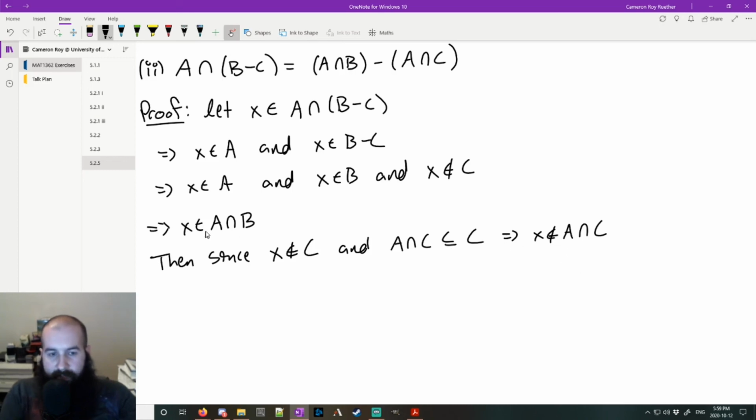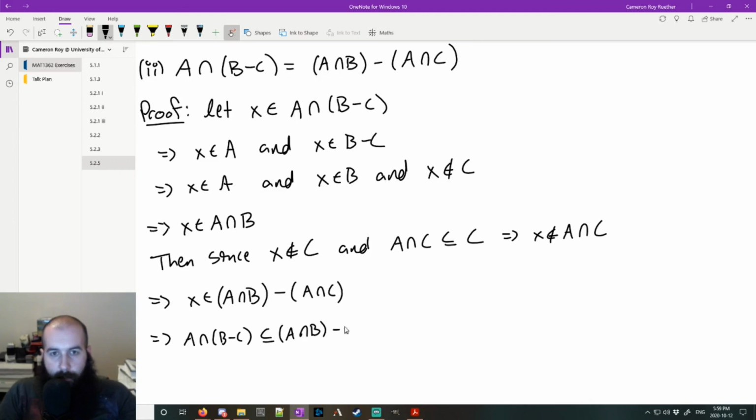So we have that X is in A intersect B, and it is not in A intersect C. This means that X is in A intersect B without A intersect C. X was a generic element of the left-hand side, so this means that A intersect B minus C is a subset of the right-hand side, A intersect B minus A intersect C. To go the other way,